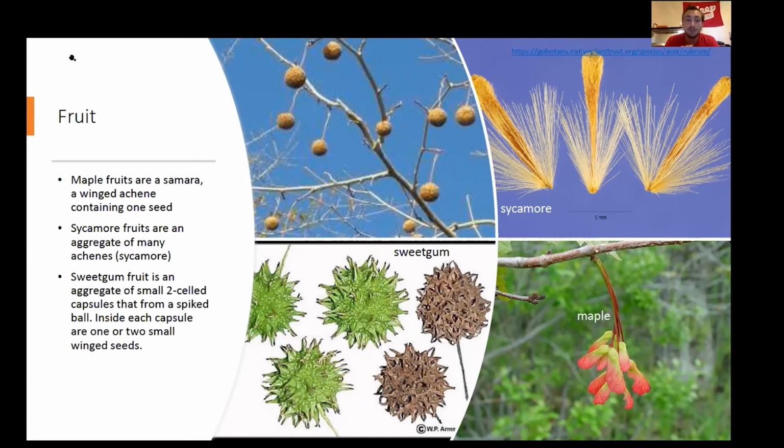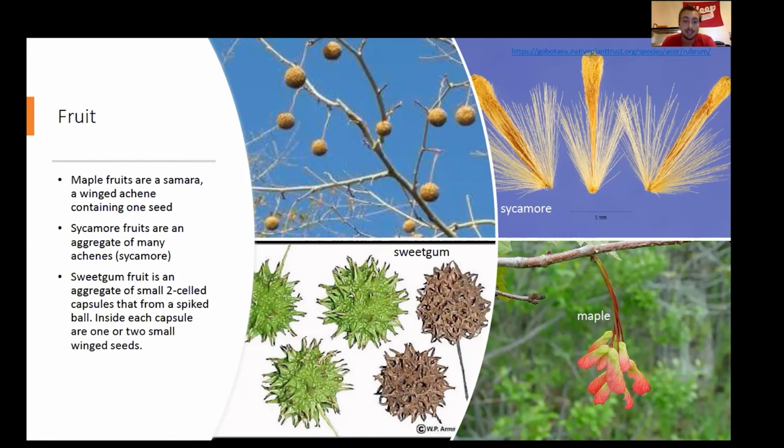The maple fruit, like I said, is a samara. It's a winged achene containing one seed. So these are our wings and the achene there. And as a kid, I used to call these the helicopters. You throw them up and they spin around like a helicopter as they fall to the ground. That helps with dispersal. And our sweetgum, like I said, is an aggregate of those small capsules, each with one